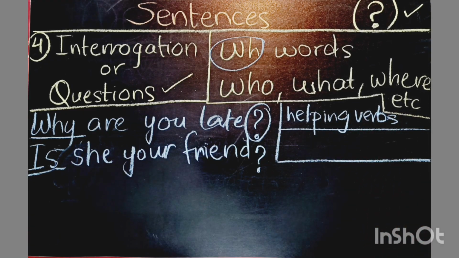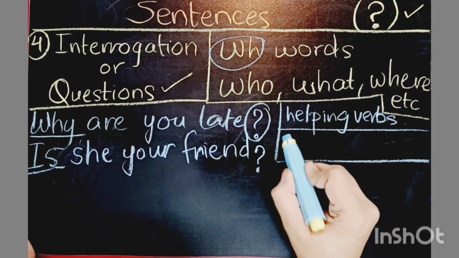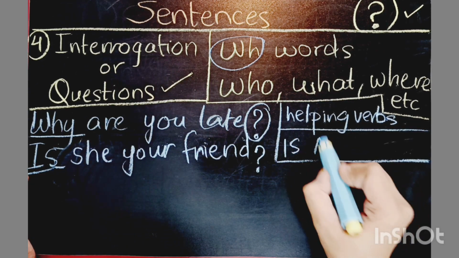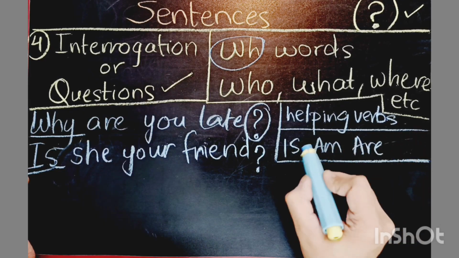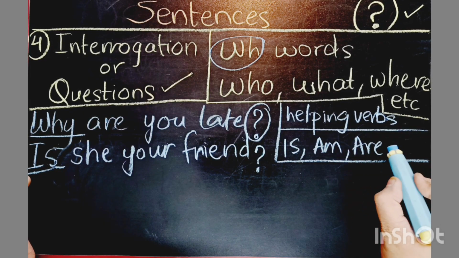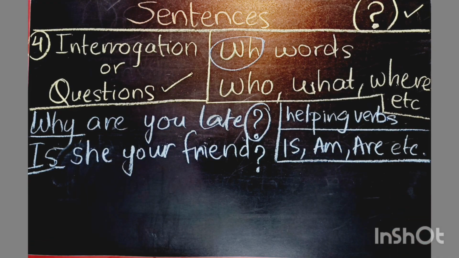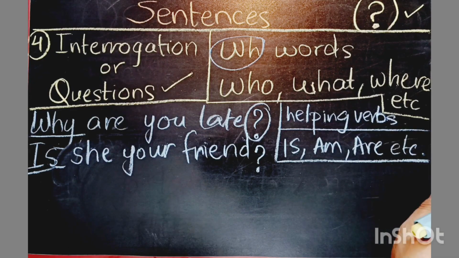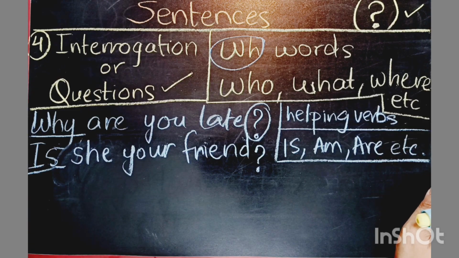is a helping verb. So helping verbs are the verbs which work with the main verbs to form different tenses, and these are am, are, is, be, being, been, can, could, did. So, is she your friend? Is asking for the confirmation of a relationship. Let us think of another sentence with another helping verb, like